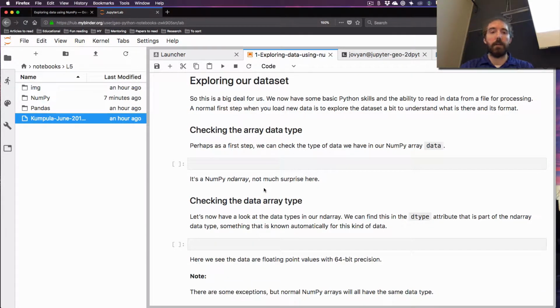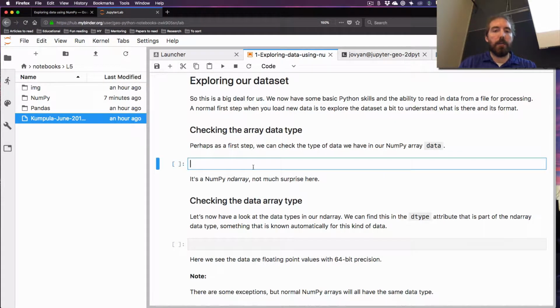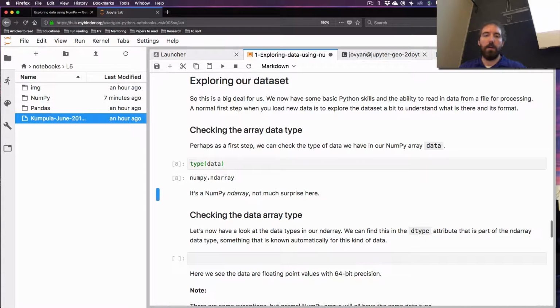So, speaking of dealing with data files, let's do some of that. First off, let's take a look at what kind of data we've read in, and we can go back to using something somewhat familiar here. If you scroll down to the section on exploring our data set, let's see what kind of data is in our variable called data. We'll do that by using the type function. You might remember that one from a while back. We can run this cell, and we see its type is